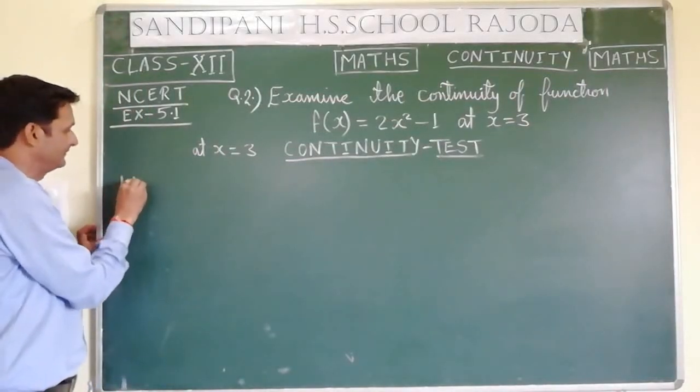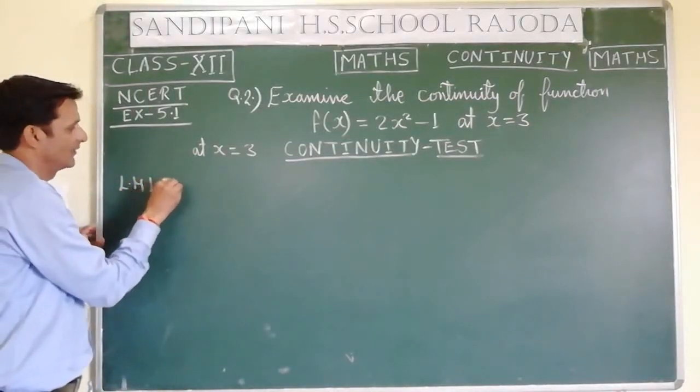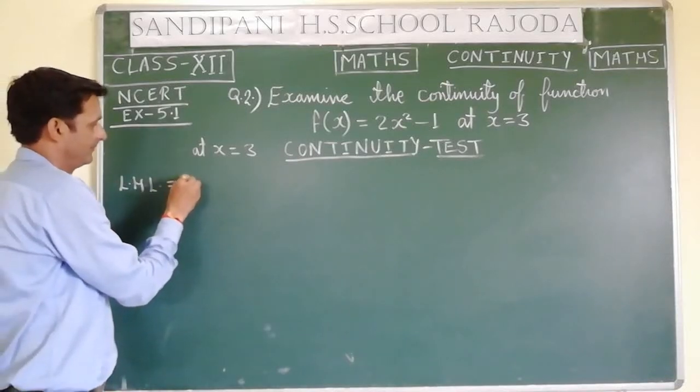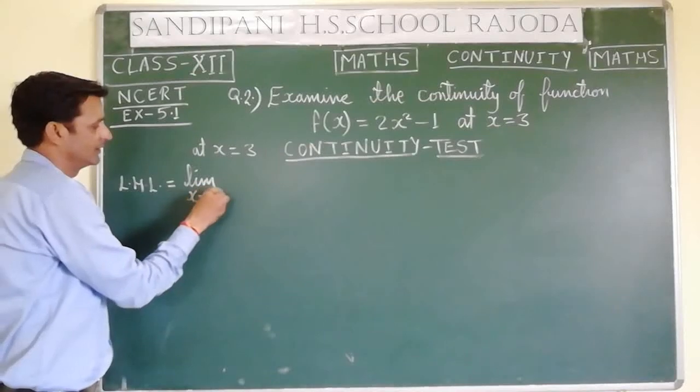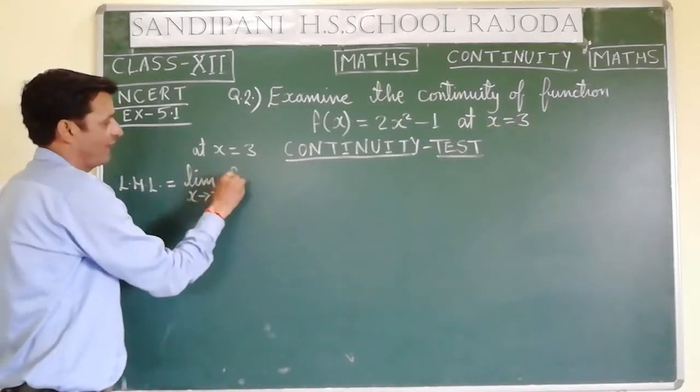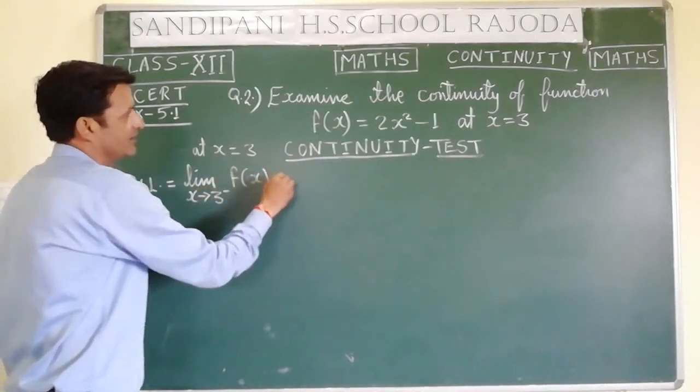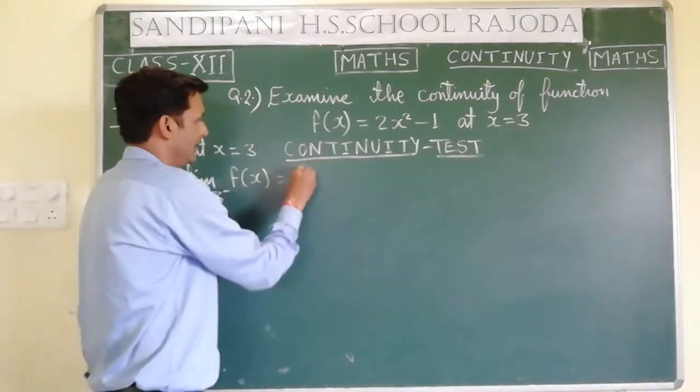Left hand limit: limit x tends to 3 minus f of x is equal to limit